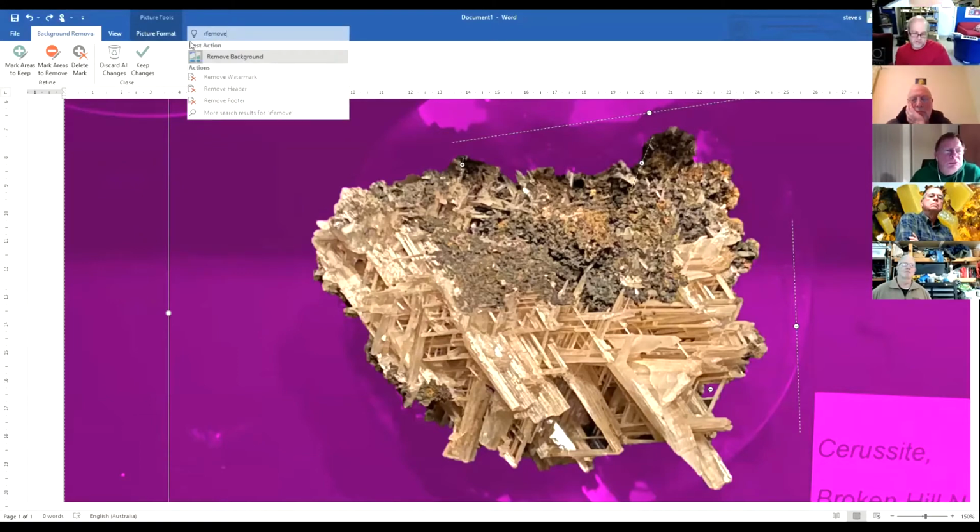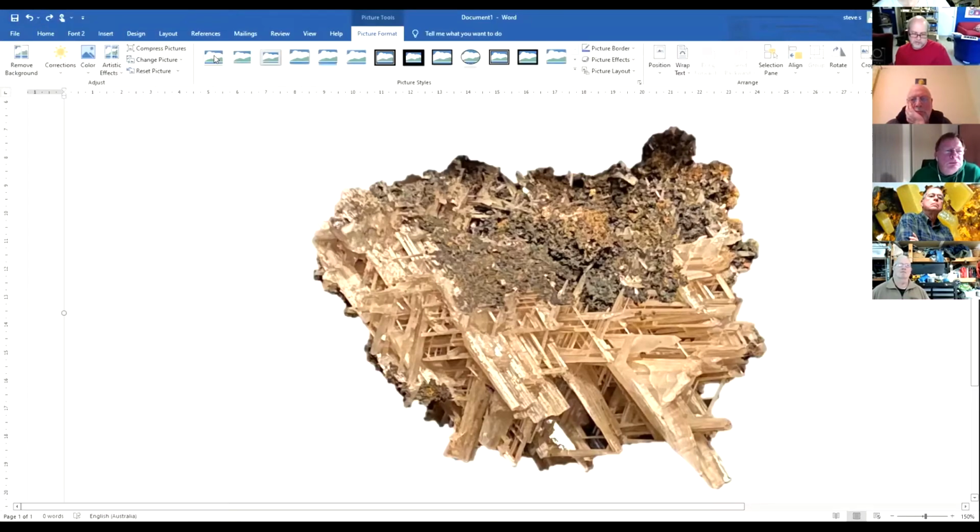Oops, if I can spell. Remove background, doesn't matter, and it'll come up. Or you've got a toolbar. I've got it on my toolbar here anyway. You've got to have an image selected for it to appear in the toolbar. But it is really good for